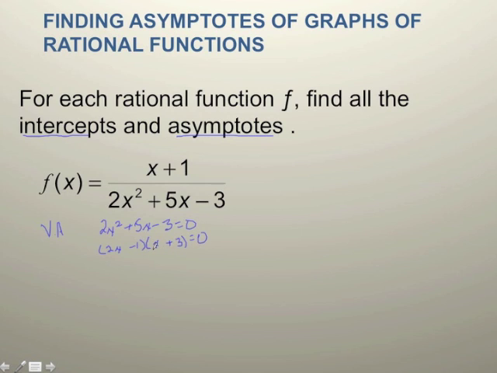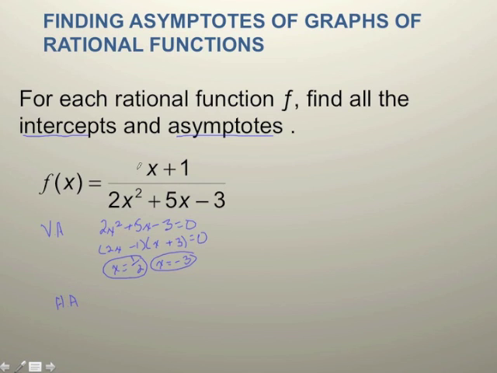Check that middle term: negative 1, positive 6. We're good. So x equals 1/2 and x equals negative 3. Those are my vertical asymptotes because the denominator equals 0. For a horizontal asymptote,